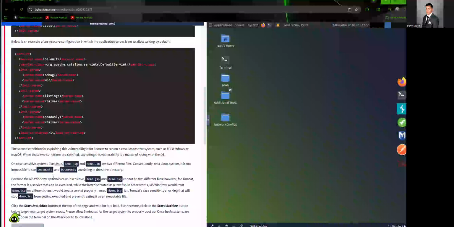In other words, MS Windows would treat demo.JSP no differently than it would treat a servlet properly named demo.jsp. It is Tomcat's case-insensitivity checking that will stop demo.JSP from getting executed and prevent treating it as an executable file.